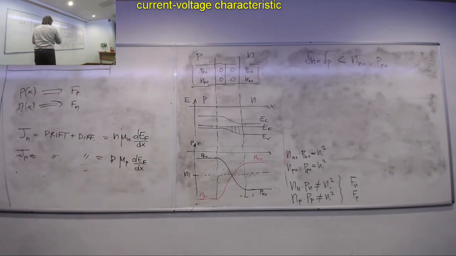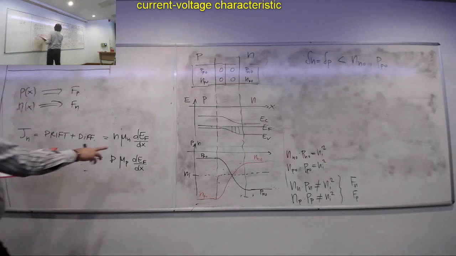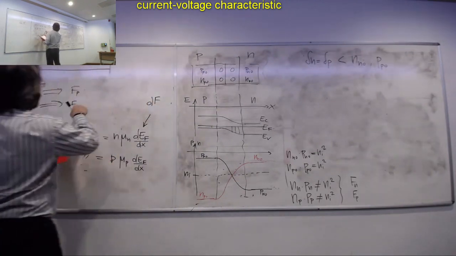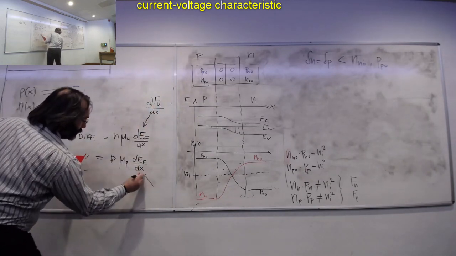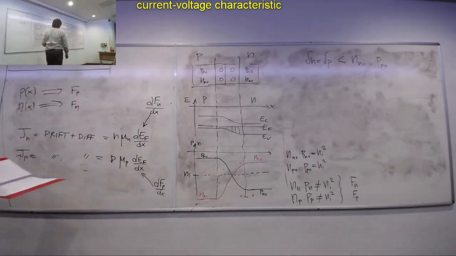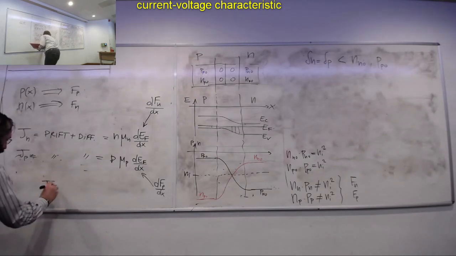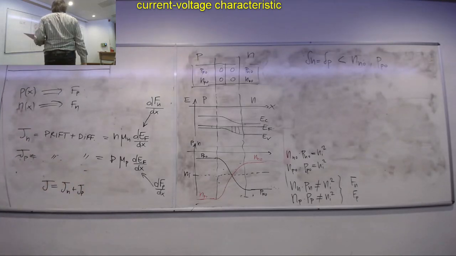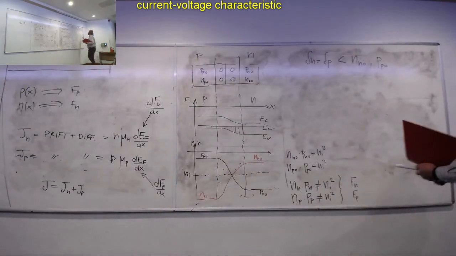Okay, this is in general. Now, in this case, we were dealing with non-equilibrium. We should replace this derivative with the derivative of the corresponding quasi-Fermi level, and this one here with the other. So we use this, and then we calculated the finally J as Jn plus Jp. I'm now describing you the process of what people would do in order to find the final result. And the final result is